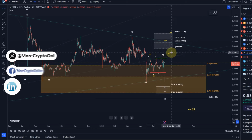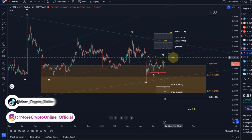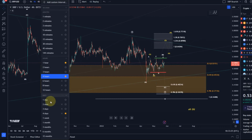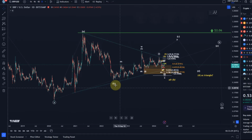XRP is unfortunately still moving in this sideways range here, but while I don't really have a new wave count, there are some developments we need to talk about. Overall, obviously, as you can see, nothing changed from the last update. Just want to re-emphasize again that XRP is just in a sideways range, could be working on this massive triangle pattern here, and essentially the most bullish scenario I can see for